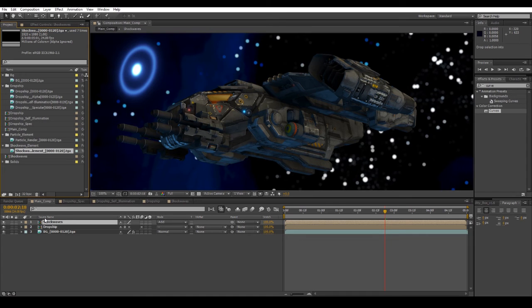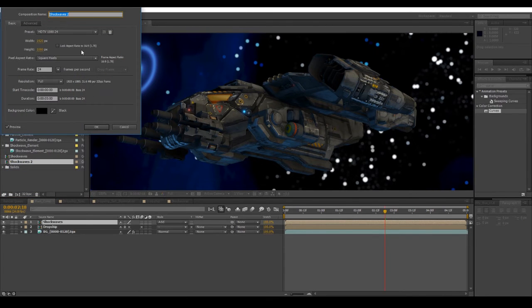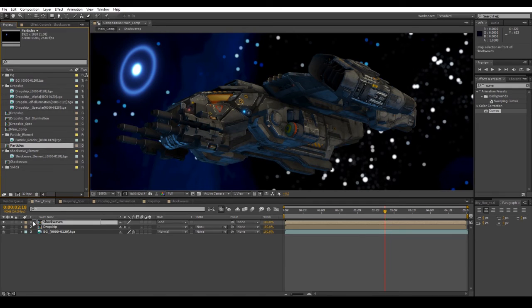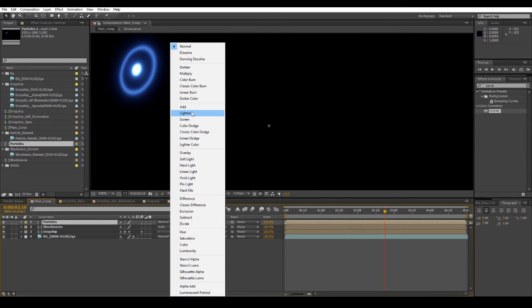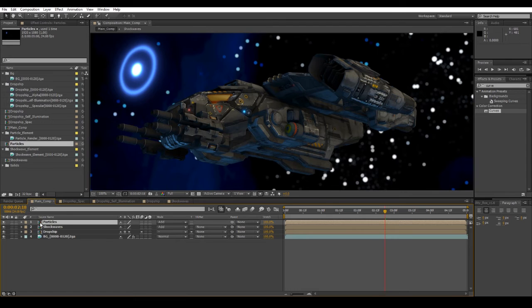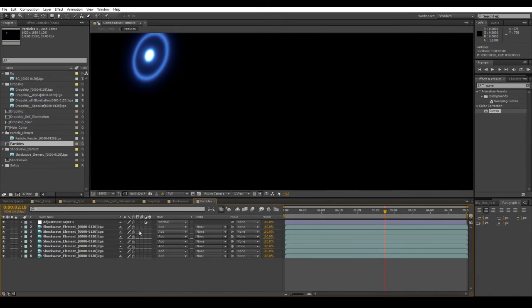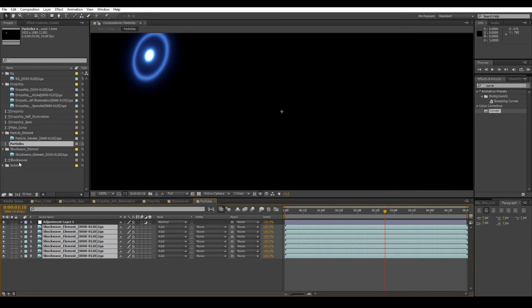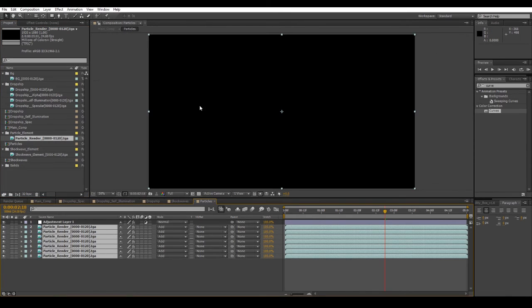Now we'll do the same thing for the particles. So we'll duplicate the shockwaves layer in the project panel here, Control D or Command D on Mac, and right click on the shockwaves 2 layer, and we'll call this composition, sorry, we'll call this particles, and we'll hit OK. Drag this down over top of the shockwaves, and again set this to add. And what we'll do is we'll double click, go into the particles layer, select all the shockwave elements, and as before, select particle render from the project viewport, alt click, drag over top of the shockwave elements, and